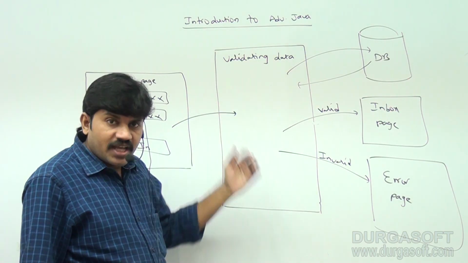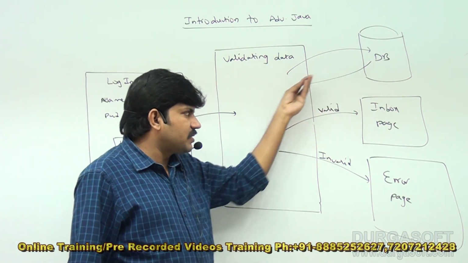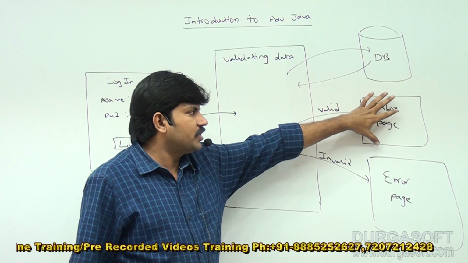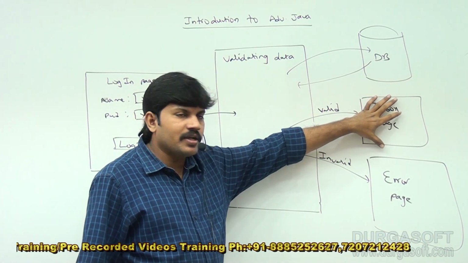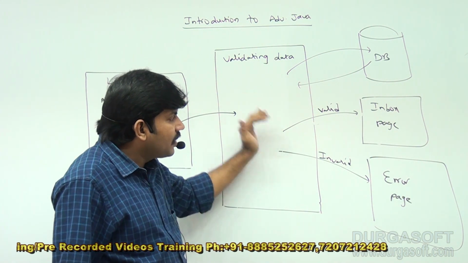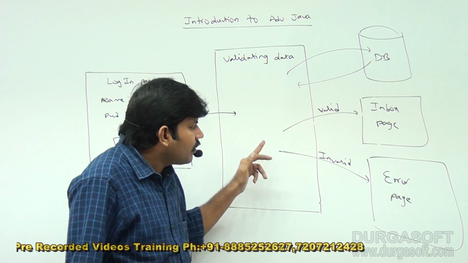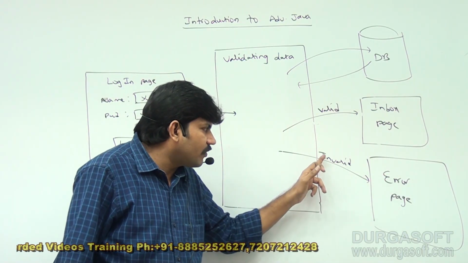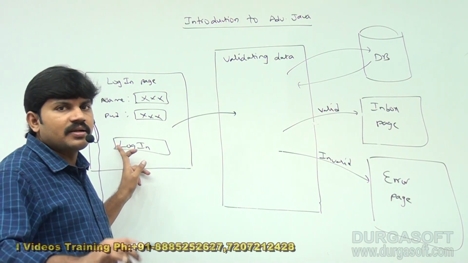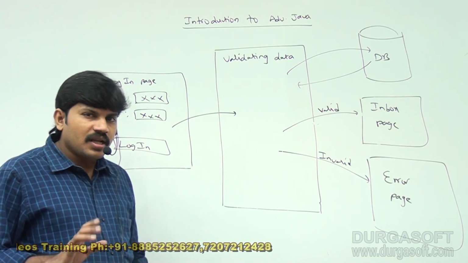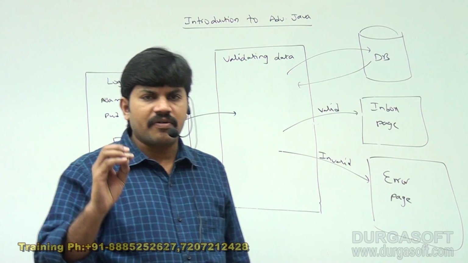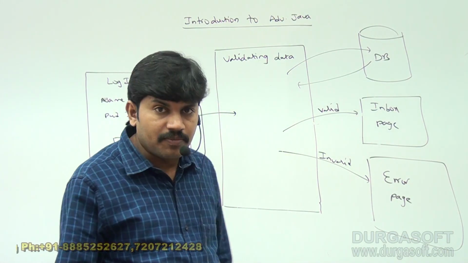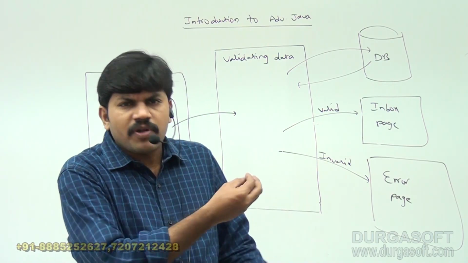If these are valid, he communicates with the database, brings the user's mail information, and displays that mail information using the inbox page. Are you getting? Now you will get the inbox page. If the credentials are not valid, then forward the request to the error page, or otherwise send it once again to the login page: please enter valid username and password. Have you remembered? This type of requirement we come across in day to day life several times, right? It is a simple web application.